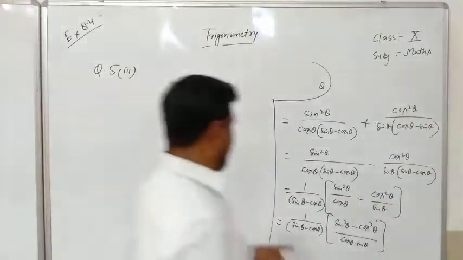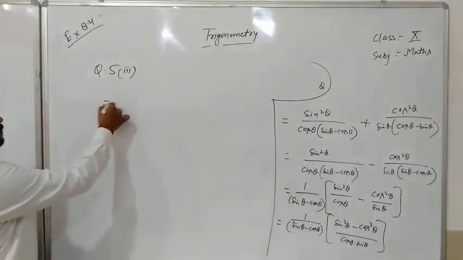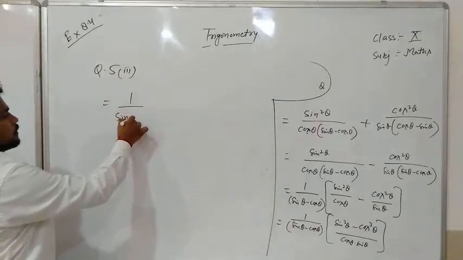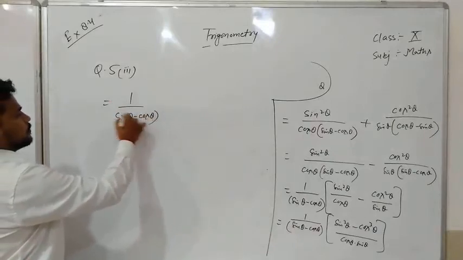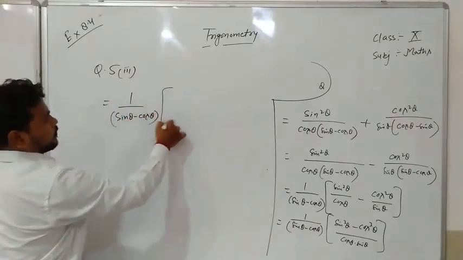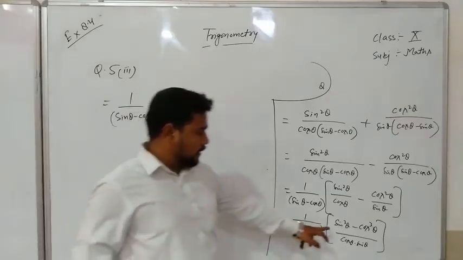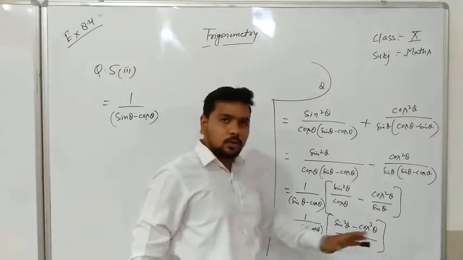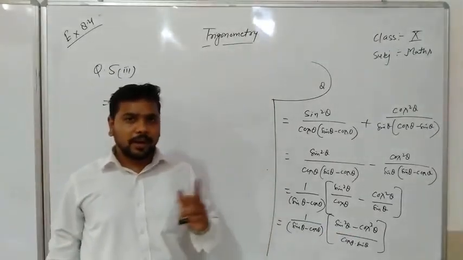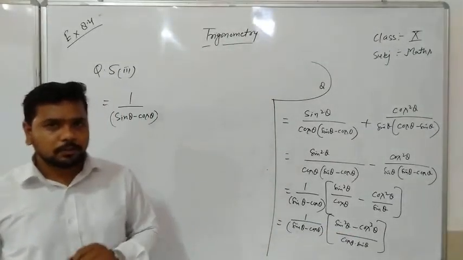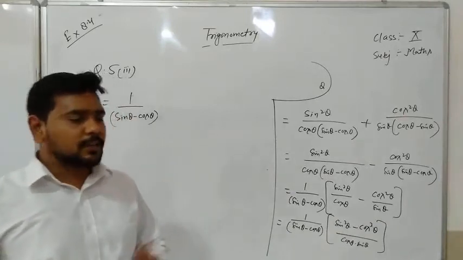Yes. 1 upon sin theta minus cos theta upon, here you know very well that here it is written sin cube theta minus cos cube theta. You know very well that a cube minus b cube is the form. a cube minus b cube is (a minus b)